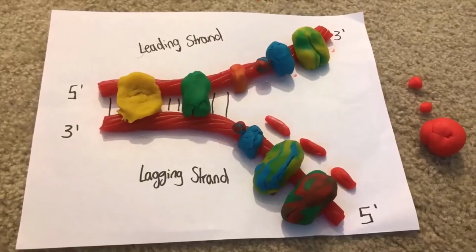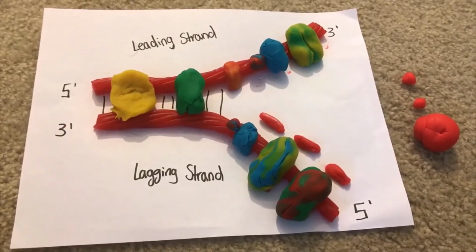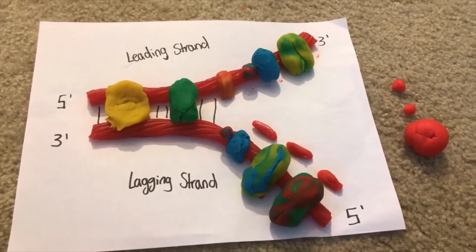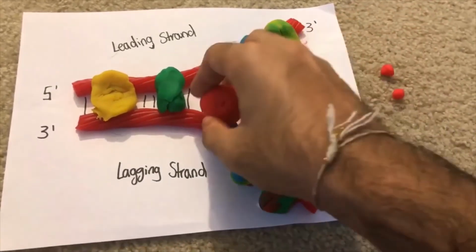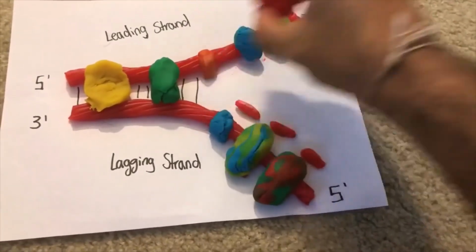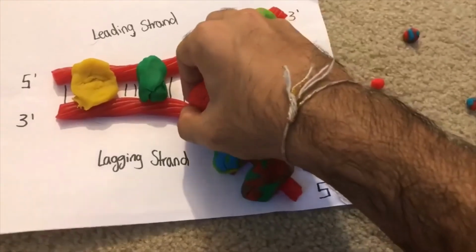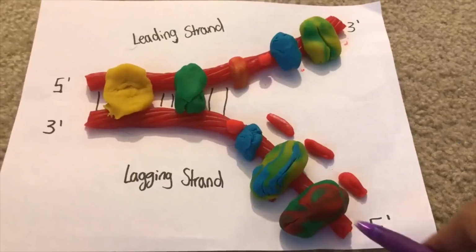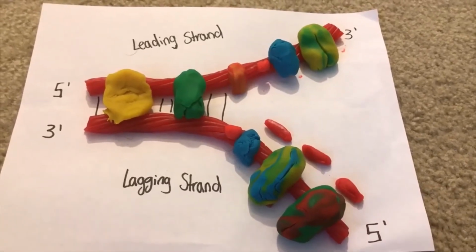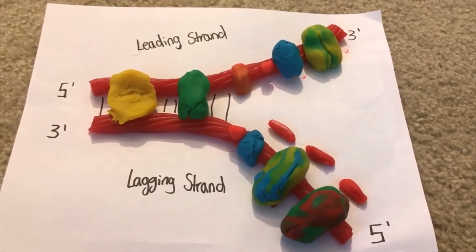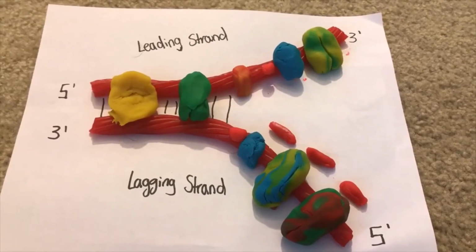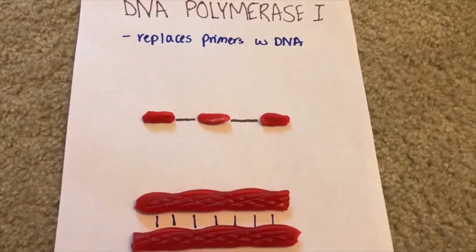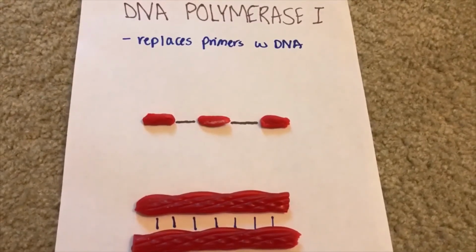Once this occurs, DNA polymerase I is then used to get rid of the RNA primers and replace them with DNA, as shown in this demonstration. The last structure shown, this greenish-red molecule, is ligase, which attaches the DNA through phosphodiester bonds in order to completely seal the strand. The major purpose of the 5' to 3' exonuclease function of DNA polymerase I is to